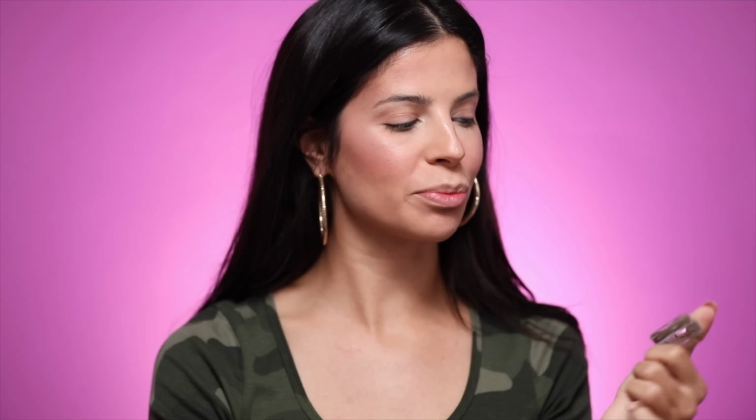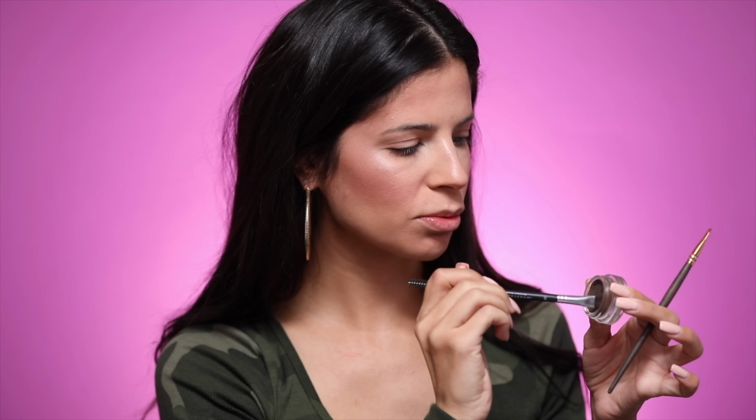Mind you, this product was brand new on the market, like it had just come out. This one is in the shade medium brown, and I still think this is an absolutely amazing product. I'm gonna take a Sigma E06 angle. Oh, this is an eyeliner brush, girl, get it together. I'm gonna use the ABH 20 brush. This one's a little dried out. Is this one from